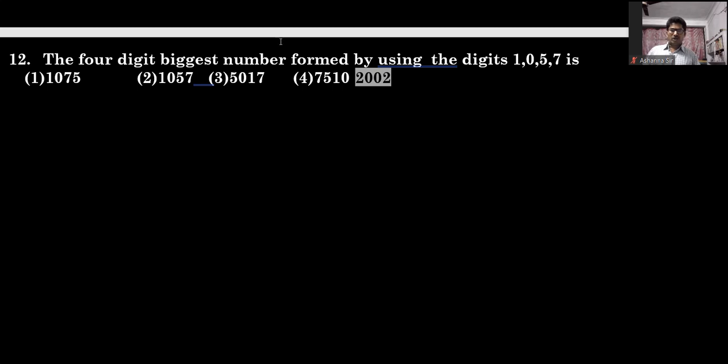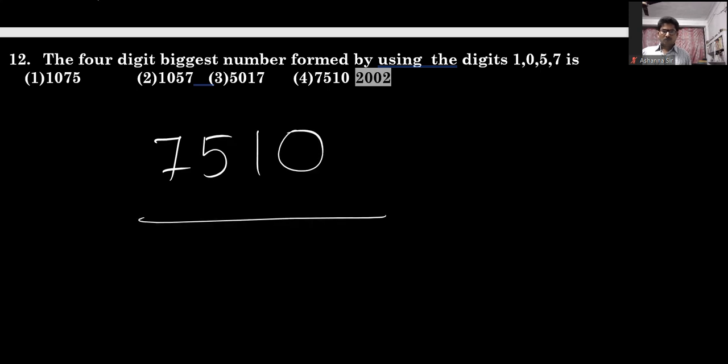To write the biggest number, we should use the given digits in descending order, big to small. So first 7, 5, 1, 0. Option 4.